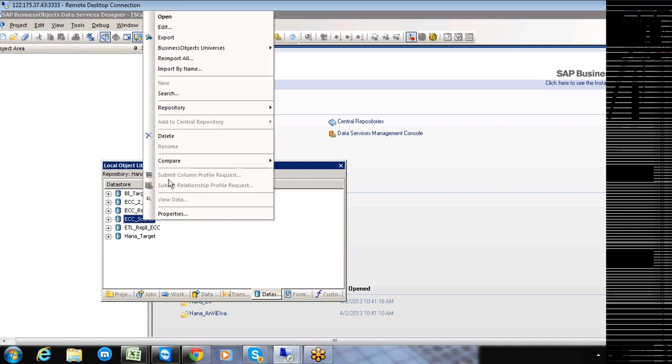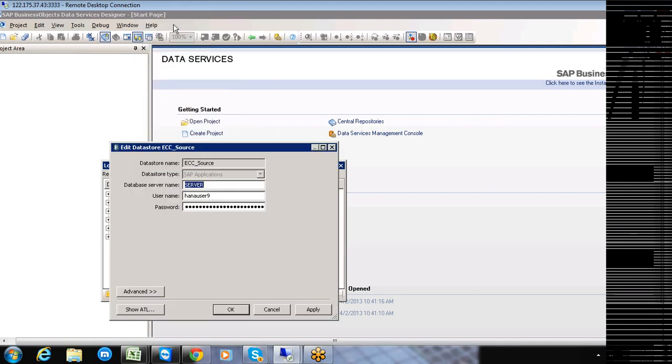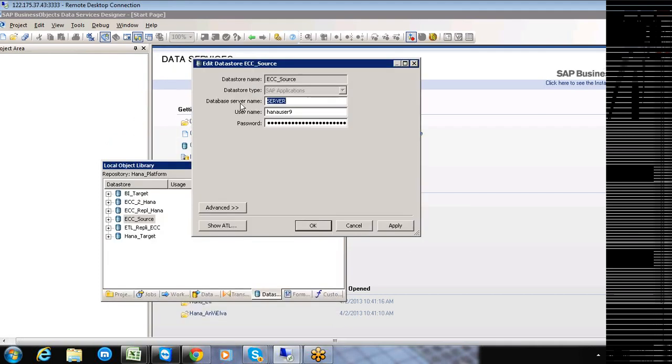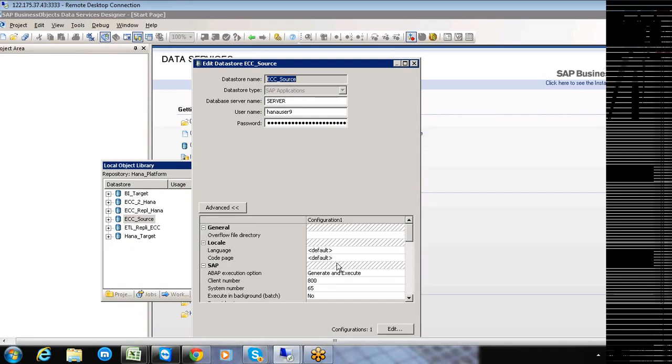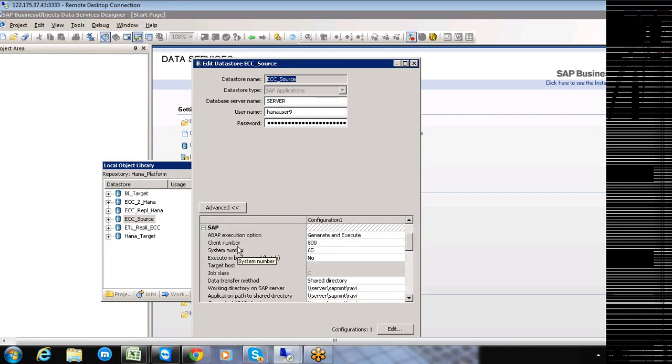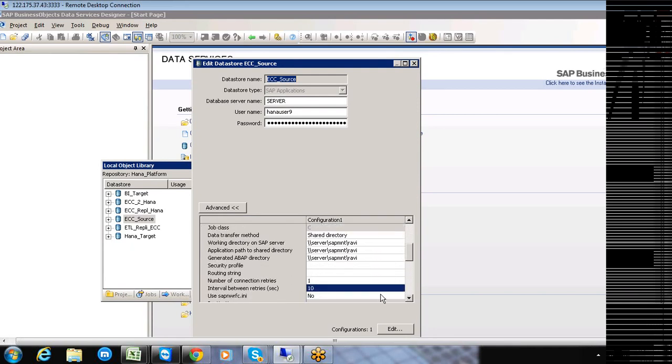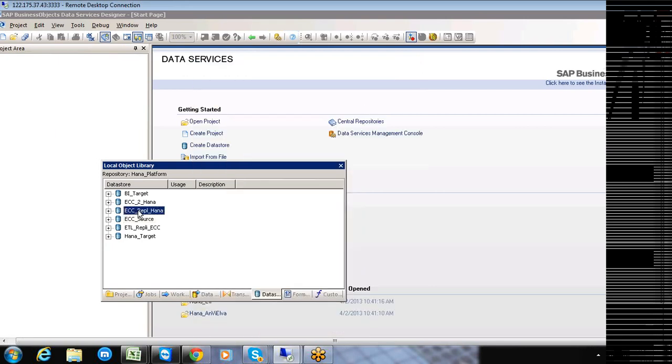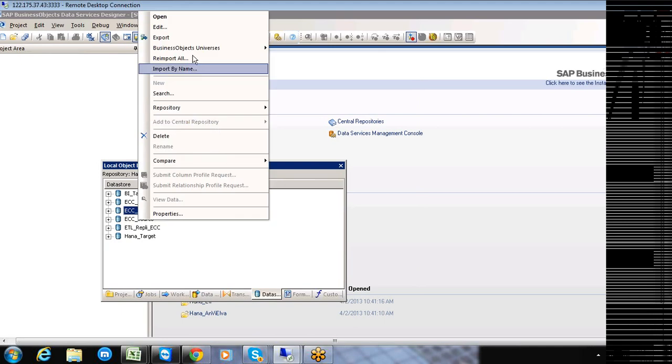In case you want to see these particular connections, you click on this edit button here. You can see the name of the server, the user ID and the password along with some connections to the ECC system. It is defined with this particular client number, the system number, and then this shared directory has been specified here, and similarly for your HANA database also it is specified like this.